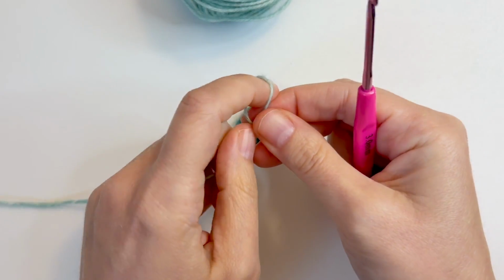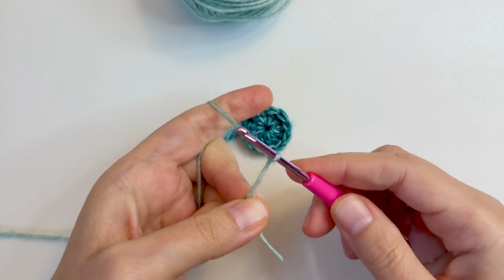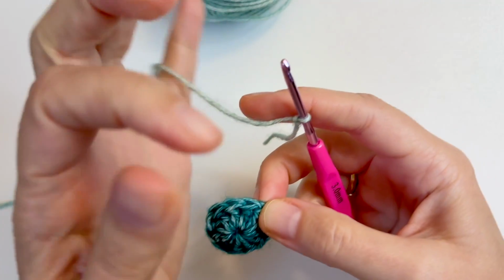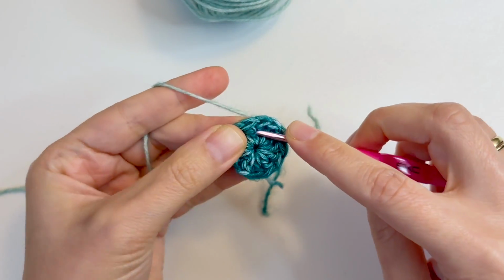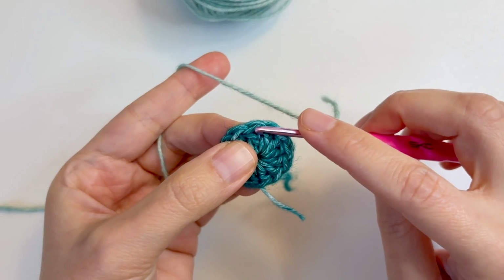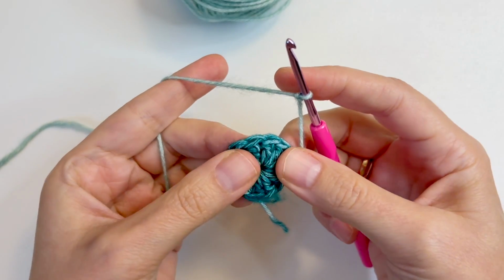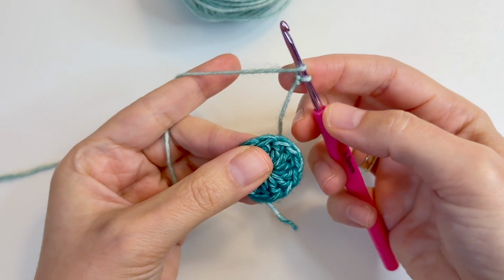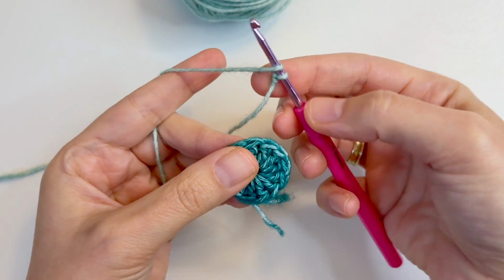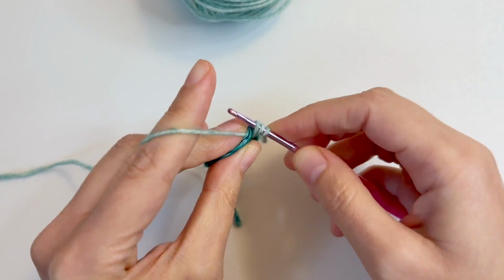With our second color, we will first make a slip knot, and then we can start from any of these spaces between the double crochets. So not in the stitches on top of them, but in these spaces. And we will start by working 1 double crochet. We can start anywhere. And for this we have to yarn over 1 time and place the finger like this in order to keep both loops on our hook. And we will make 1 double crochet,